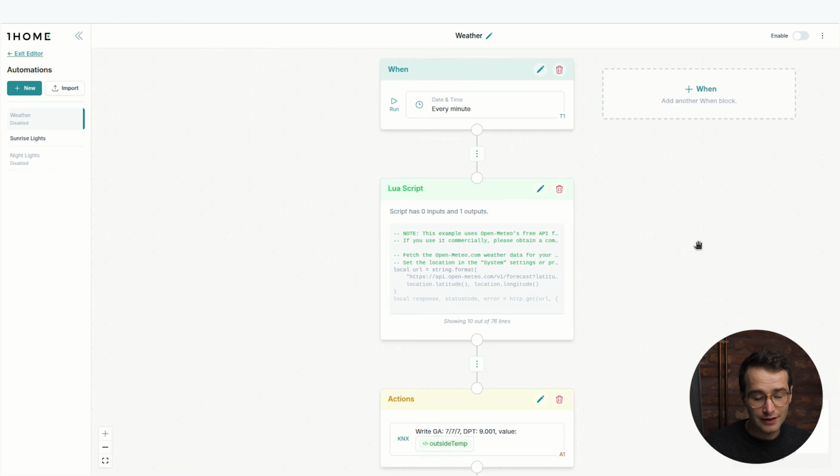So here it is. That's the Lua scripting block for you. I hope this will be very useful for you. I'm very much interested in what kind of scripts you guys will be working on, and I'm sure this will help you fulfill more projects and do more unique and powerful functionalities for all your different One Home server installations.